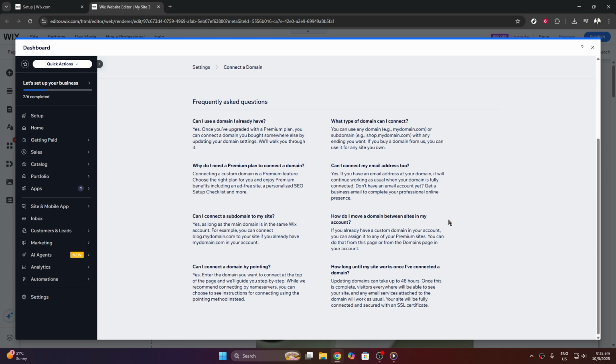From FAQs to contact forms, you can access help anytime. It's also useful to explore the additional tools and functionalities that Wix offers, which can enhance your site's appearance and performance even further. And there you have it. By following these steps, you'll have your Wix domain up and running in no time, giving you a professional presence